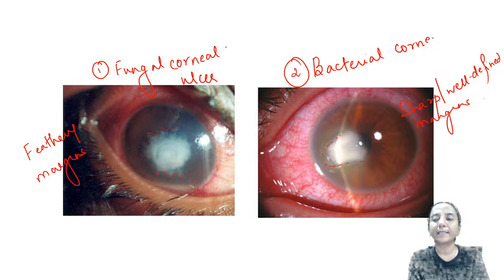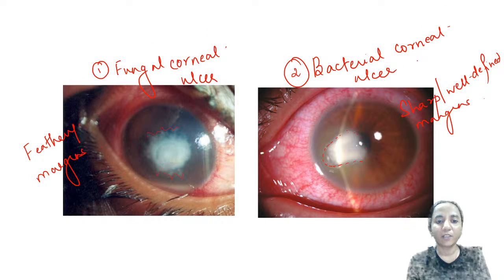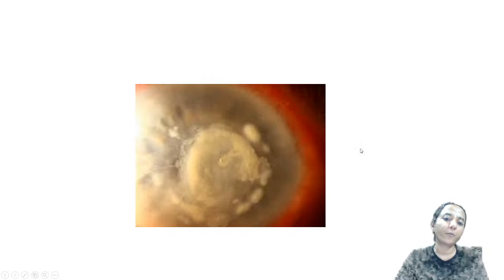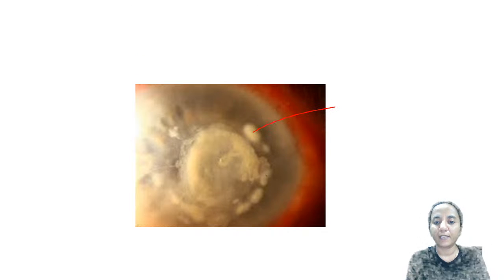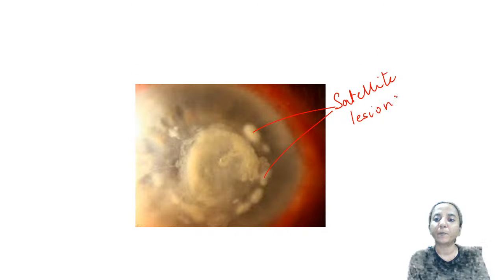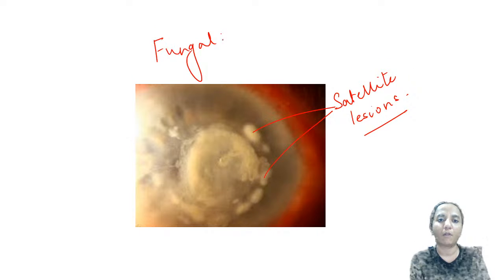Right? So this time they have given us the theory in the question. Next time they might not do that. They might just give the picture and ask us to identify. Now another picture that I want to show you: suppose they give us this image and ask us what kind of ulcer this is. In this picture, see these smaller lesions. These are your satellite lesions. So there is one central large ulcer with multiple small surrounding ulcers or satellite lesions. So this also we must call a fungal corneal ulcer.